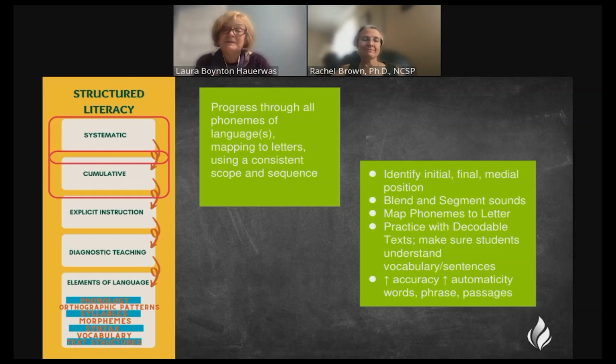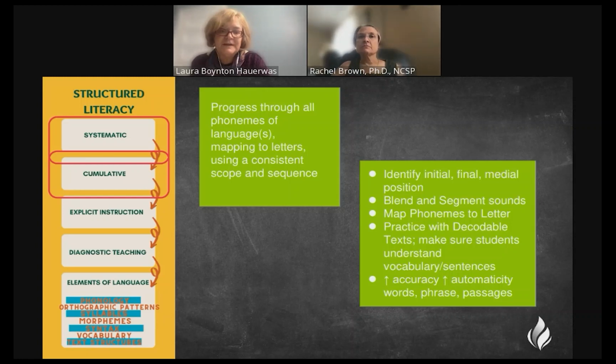We're going to blend and segment, two really key phonemic awareness activities. We're going to then map those sounds onto the letter patterns. Once we're starting to decode those words, we want to practice reading them in decodable texts, making sure that our students are understanding what they're reading along the way. And we want to see an increase in accuracy and automaticity as they're reading words, phrases, and passages, working towards